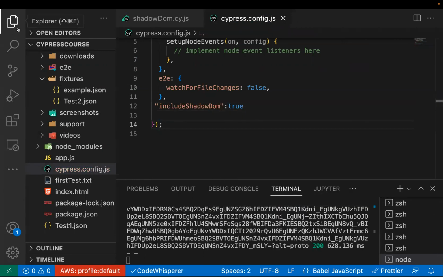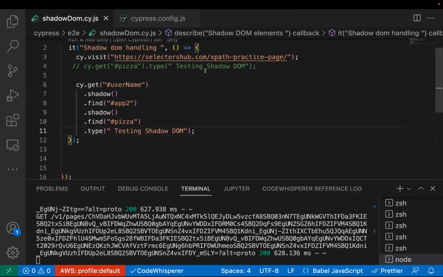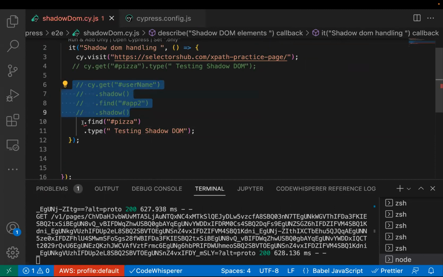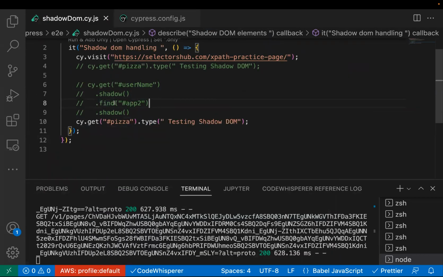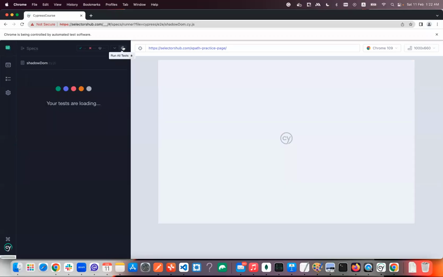The next step, we will go to our test case, and I will comment the other things till here. Okay, I'll comment till here, and we will find the locator, and now we will try to enter the text without using shadow. First of all, we saw without using shadow, our test case was failing. Then we used shadow, and now we removed shadow from here and changed the global configuration. Now again, we will rerun our test case, and this should also work this time because we have changed it at the global level.